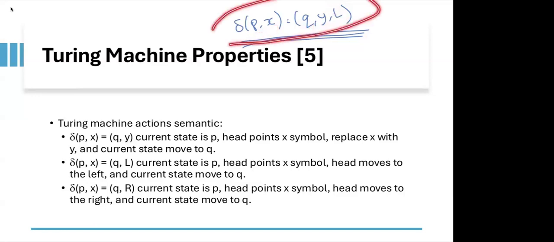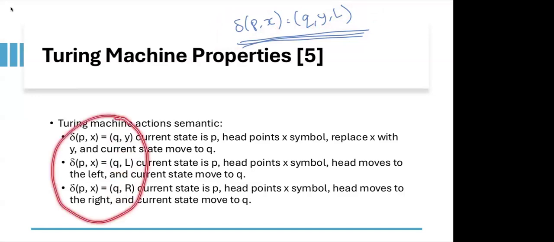Nowadays, if you see some books or papers related to the Turing machine, you will find that some still use the old transition, which can only do writing or moving, but not both in one transition. Okay. So for exams or something like that, you can just use this transition, moving or writing in one step, in one transition.